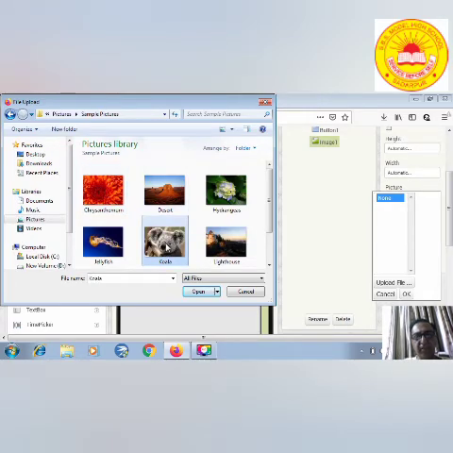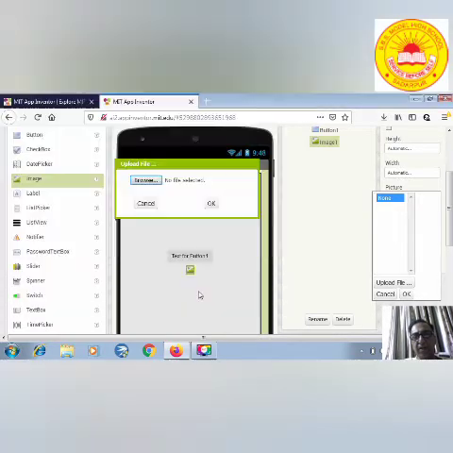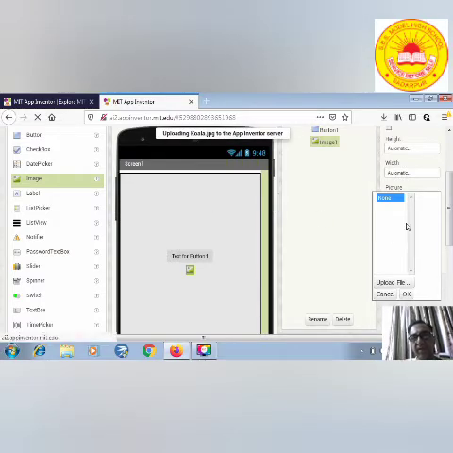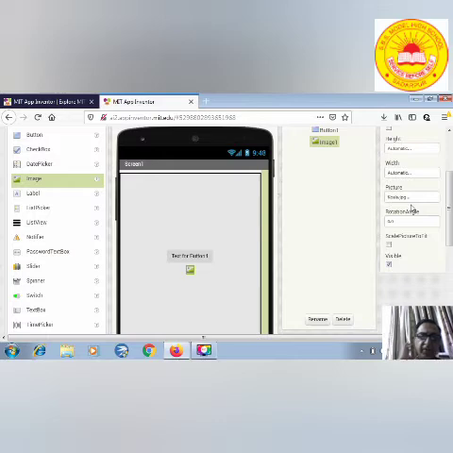I have selected koala, and after that open. Click on OK, and here you find the file has been uploaded, koala jpg.